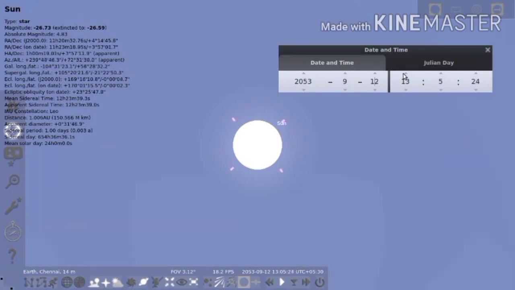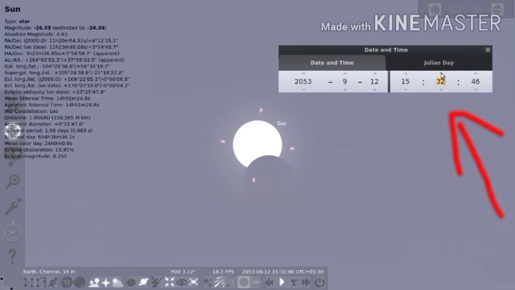Then the time is 15:15. See, at the time 15:15, the position of Sun and Moon is like this. Now we can see the time of the solar eclipse at its maximum. Just increase the time like this.